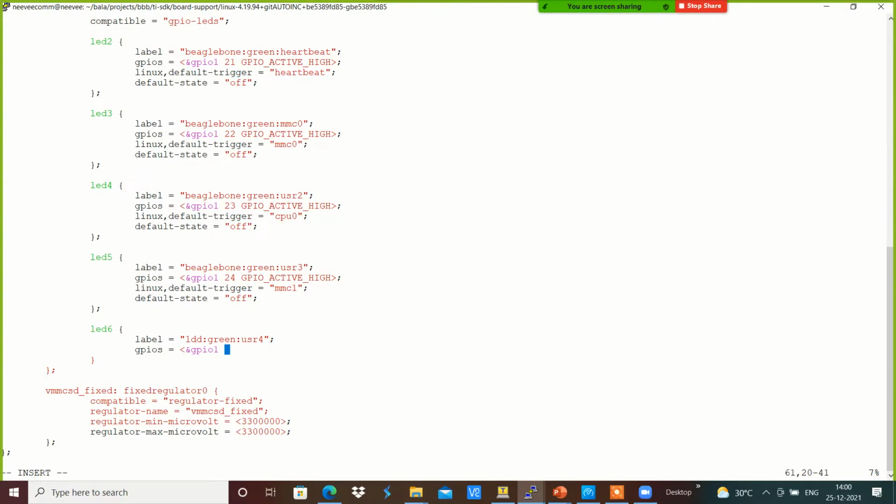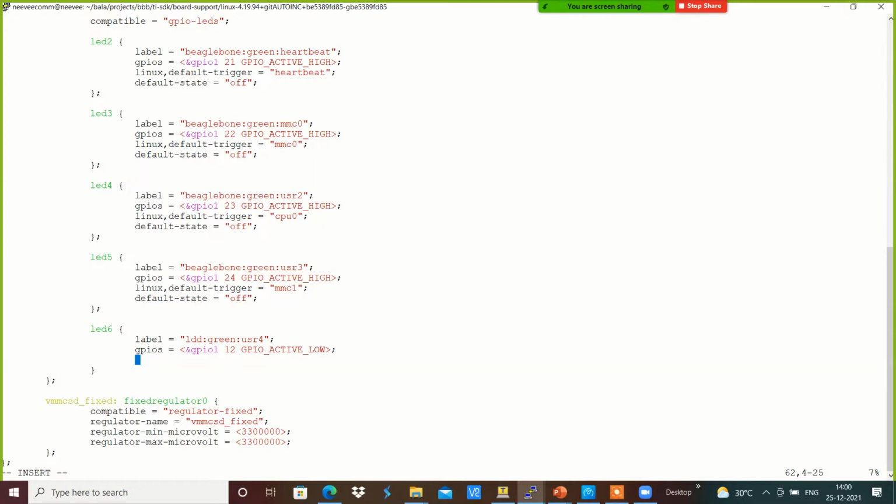GPIO 1_12 over here, GPIO active low. Our LEDs are active low. Whenever we set it to low, the LED will glow. I'm going to set the trigger, which is the default state that we want to give.